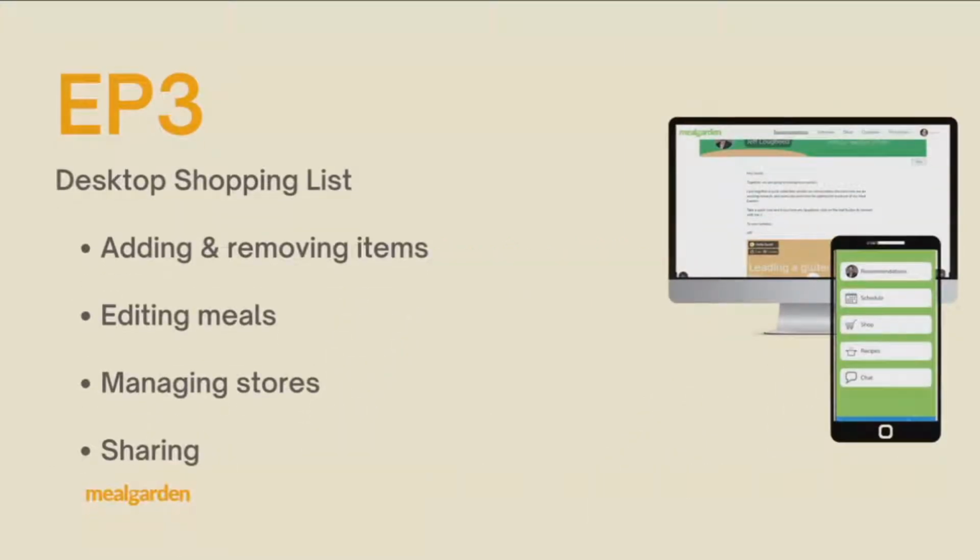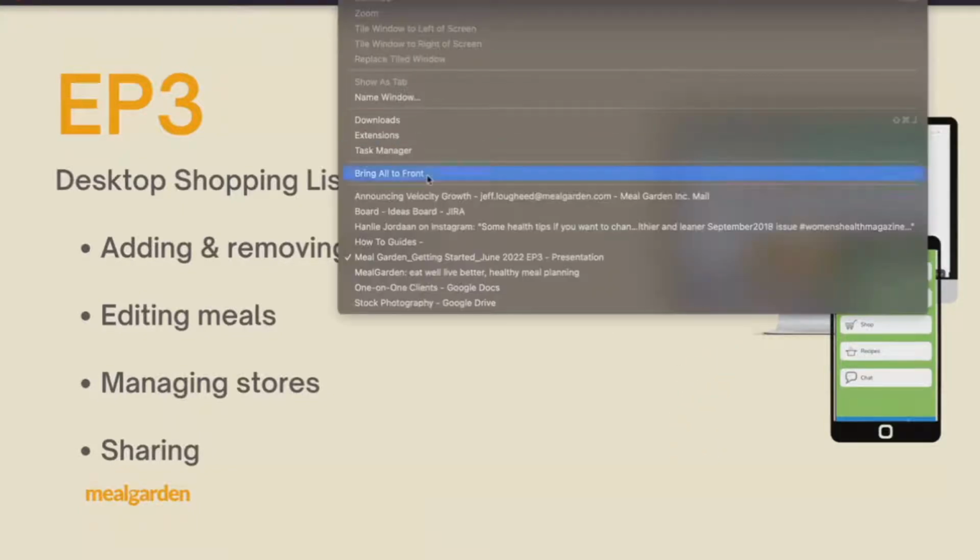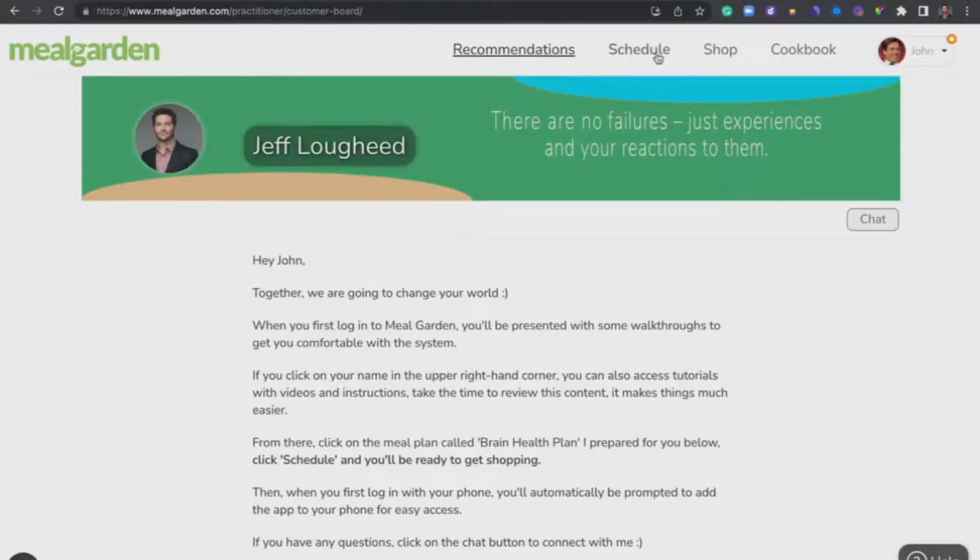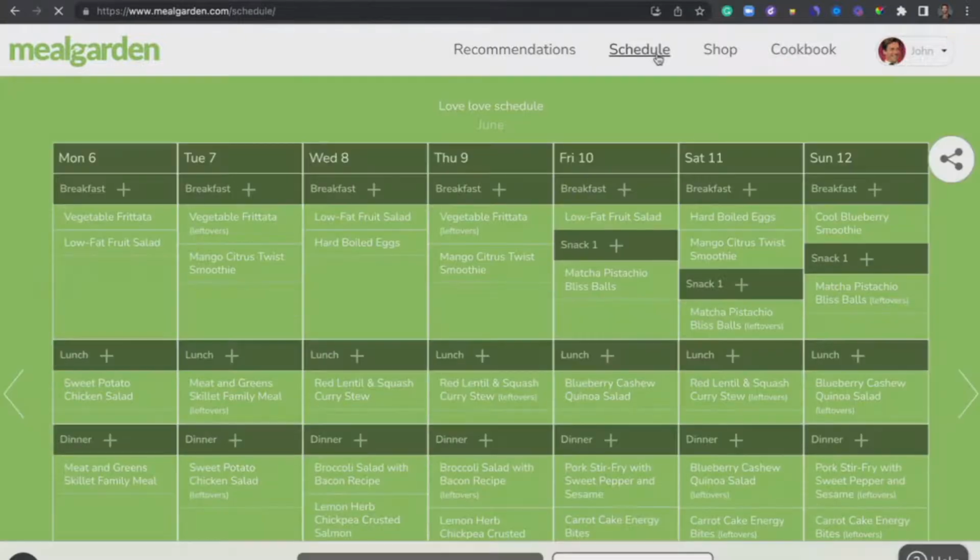So we're going to take a look at desktop shopping lists, which I think is a great place to adjust and set up your shopping. We're going to look at adding and removing items, editing meals, managing stores, and then sharing. Mobile is probably better for shopping in my opinion, but we'll also look at how to print this to PDF. So what we've got is all our schedule set up here,